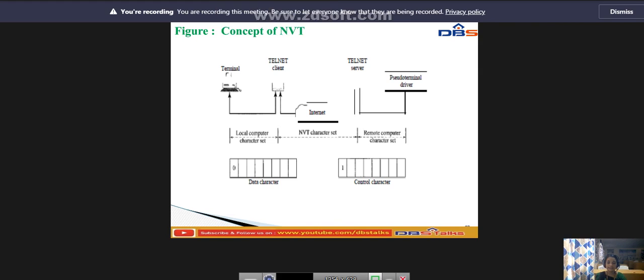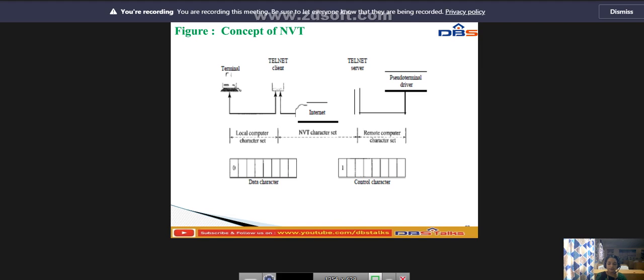However, the characters cannot be passed directly to the operating system. Whatever characters we have, we don't send directly to the operating system, because the remote operating system is not designed to receive characters from the telnet server.